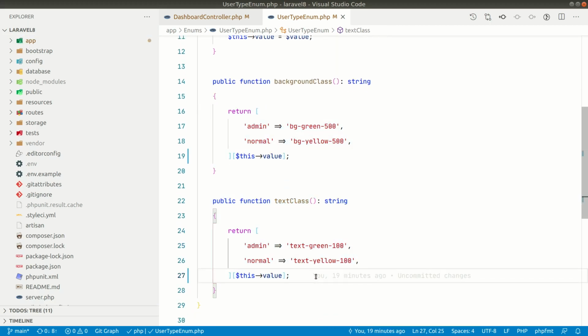Before starting this one, I would also like to say that if your classes do very simple things, just like showing the background class and text class, then you can just end it here. You don't need to refactor it further into polymorphism. But if your class is doing much more, then you need to do that because it will make your life very much easier. I'll give you an example.